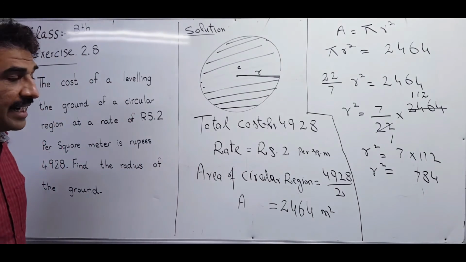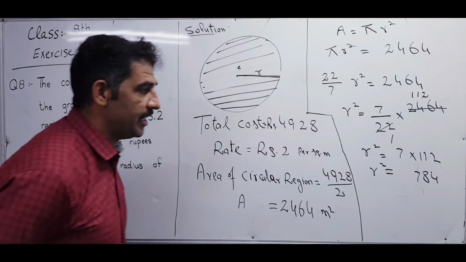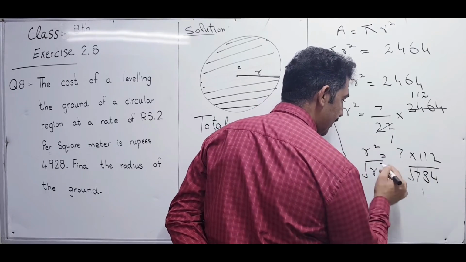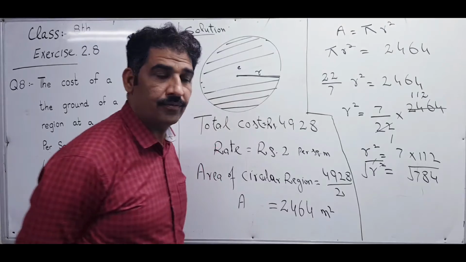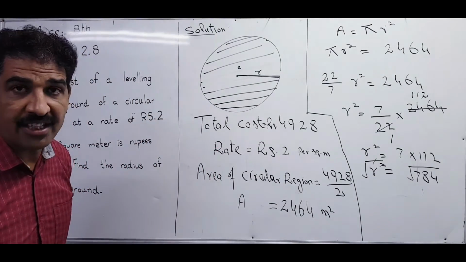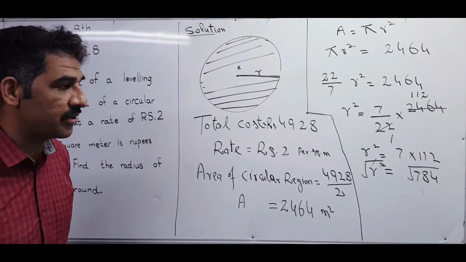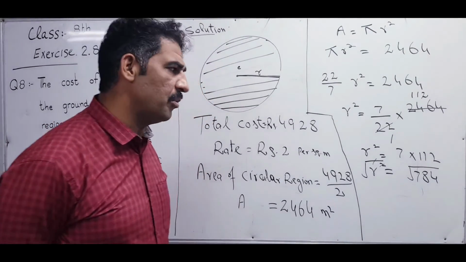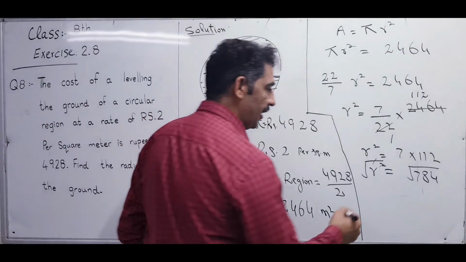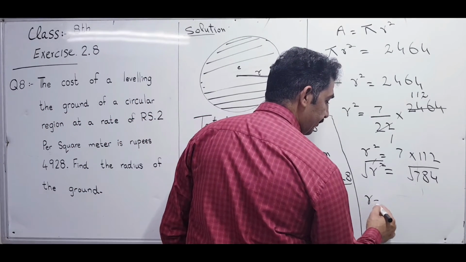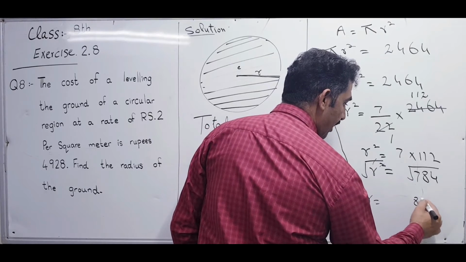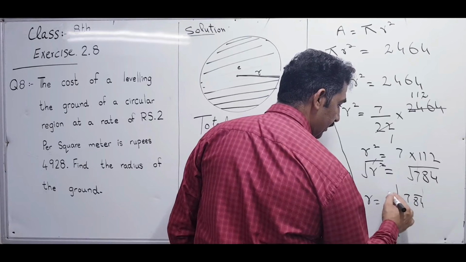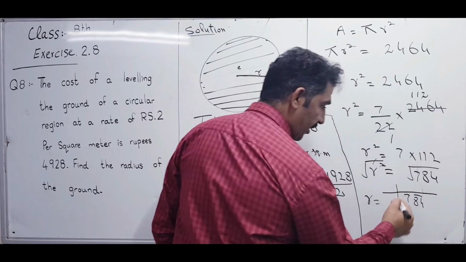We need the radius only. But we need the radius. This and this cancel. Here there are two methods that you can apply. You can use the square root method, division method, or the prime factorization method. Both are correct. If I use the division method, first of all I will check the pairs. That is one pair, and the second is not a complete pair, and the answer is coming at this place.